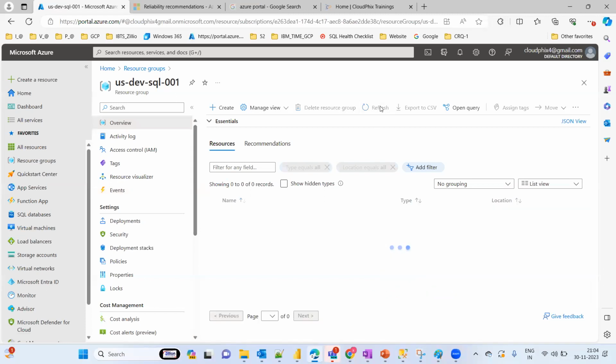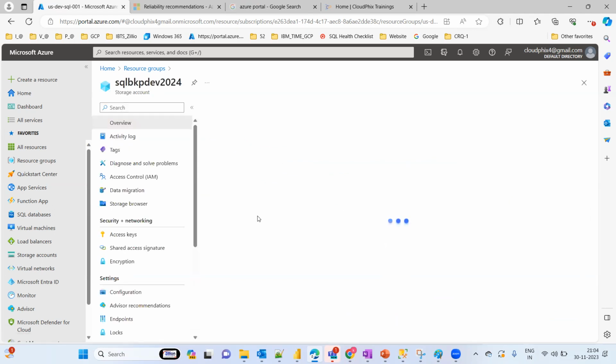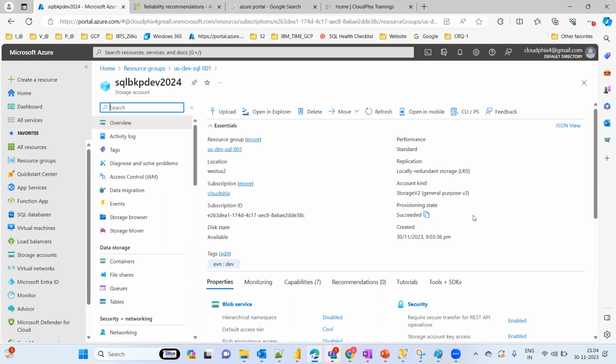Still, I'm not able to see. Yeah, now I am able to see my resource here, right? So if you can observe, in my resource group there is a storage account. Likewise, we have a lot of things to explore: how we are going to access it, how many containers we have, where we are going to keep our files, and how we are going to access it from our local system. This is a lot. It is going to take one module actually, but each and everything we are going to